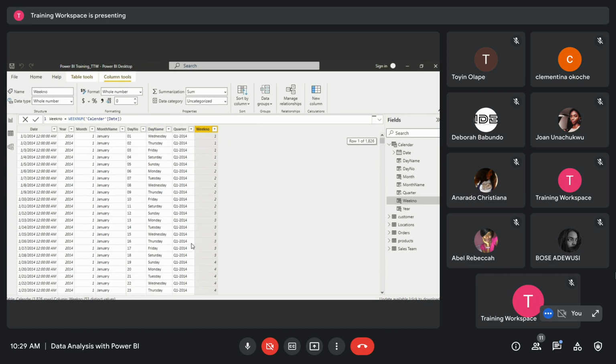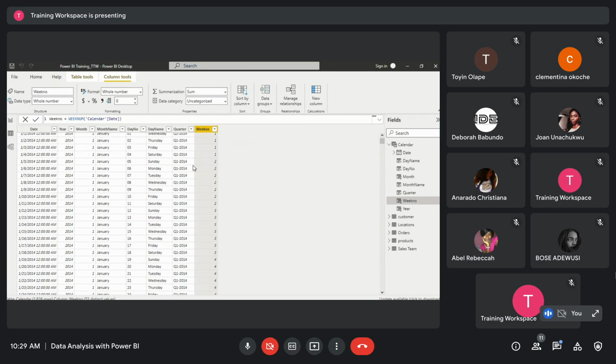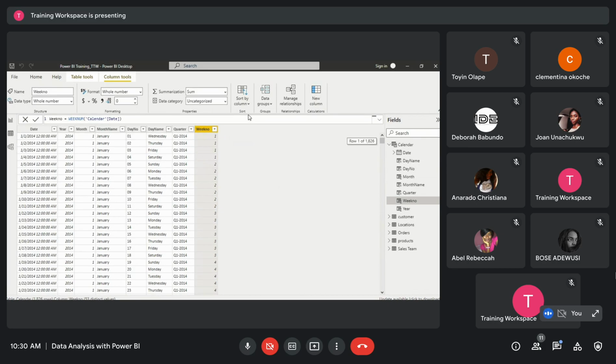So you can see in this case, January 1 is starting on a Wednesday, so that is in the first week. So we can see that Saturday in this case is the last day of week 1, and then on Sunday we are in week 2. In the case where we want to have the weekday, which is what I was confusing the day number for earlier,